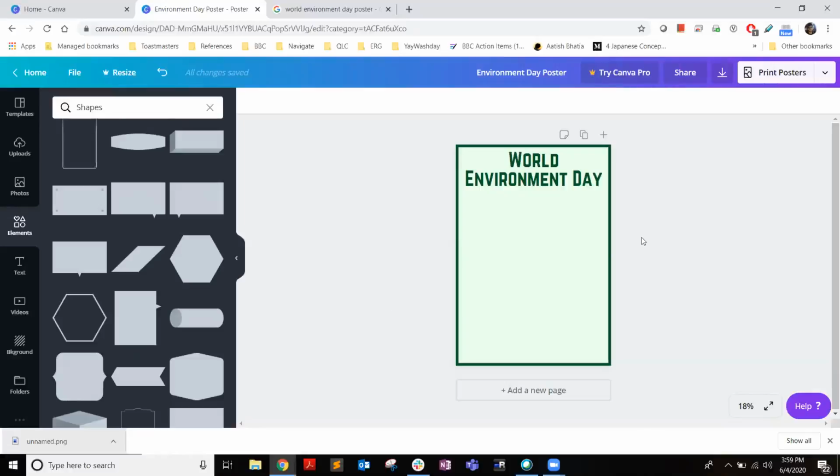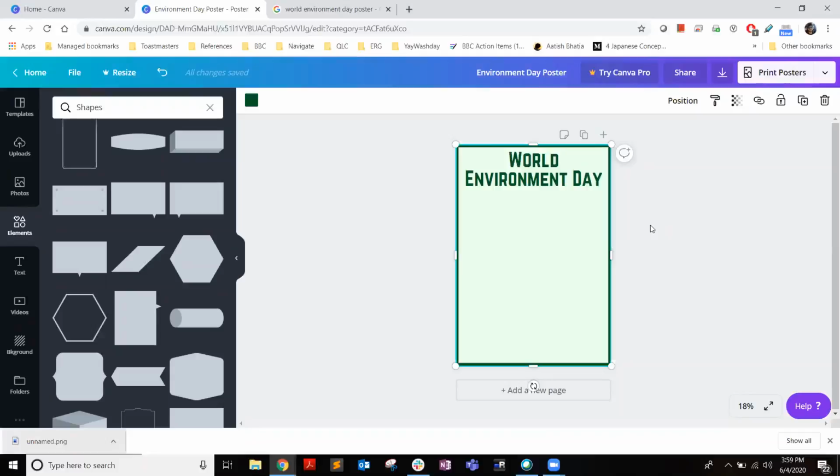Okay. Now we've set the border. Now say we want to edit the font again. Just try clicking on the font, the border is getting selected, right? We're not able to select the font. That is because of the positioning. So imagine it like there are layers and we first place the text, right? And the border after it. So when we click on the poster, the border is getting selected. So we need to send the border to the back.